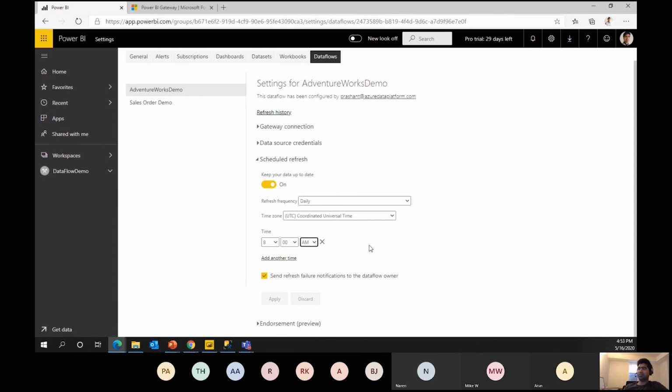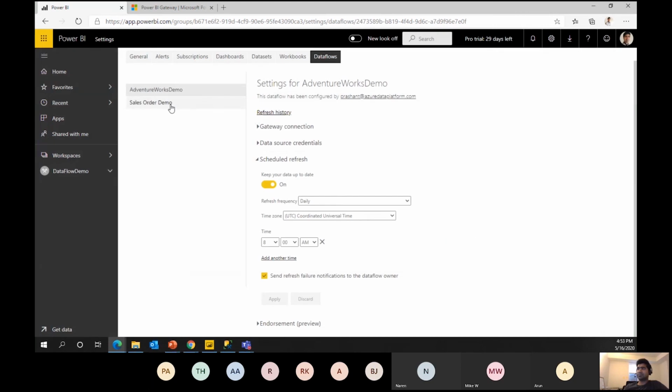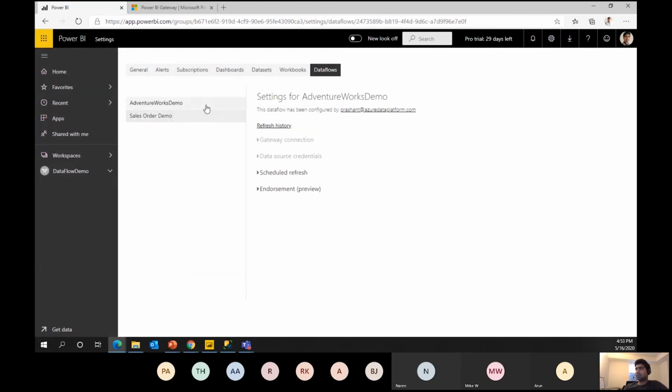Apply. It will ask you to give the email ID. If you are doing it for the first time, it will ask you to enter the email ID. I have already configured it, so it will use my email ID. So you have scheduled the refresh now. Let's go to refresh history. It has never been refreshed, so history is blank. Okay, so let's go to data flows.